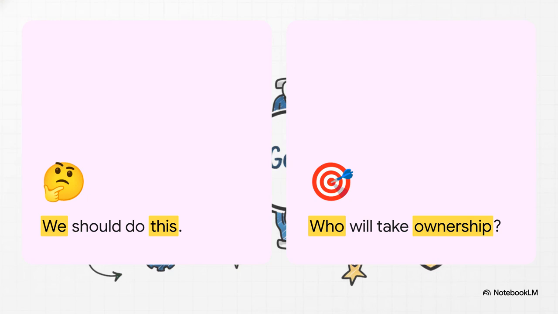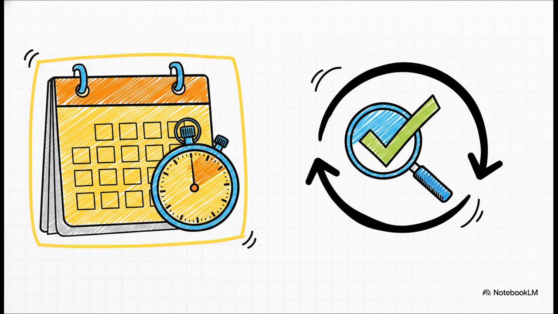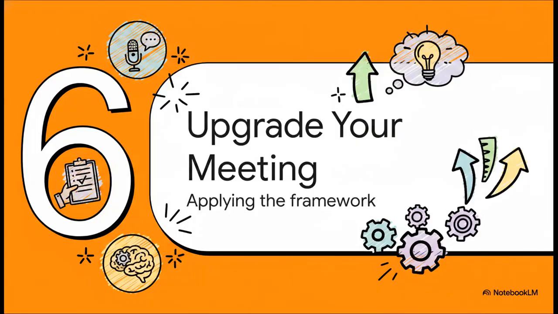The old way of saying, we should do this, is honestly the enemy of productivity, because we usually just means nobody. Compare that to the new way. Who will take ownership? It's a straightforward question that forces a shift from vague brainstorming directly into accountability-driven action. But just handing out a task isn't quite enough. You have to assign clear deadlines to every single item. An action without a deadline is basically just a wish. And finally, you must check in on the progress of those action items at the very next meeting to officially close that accountability loop.